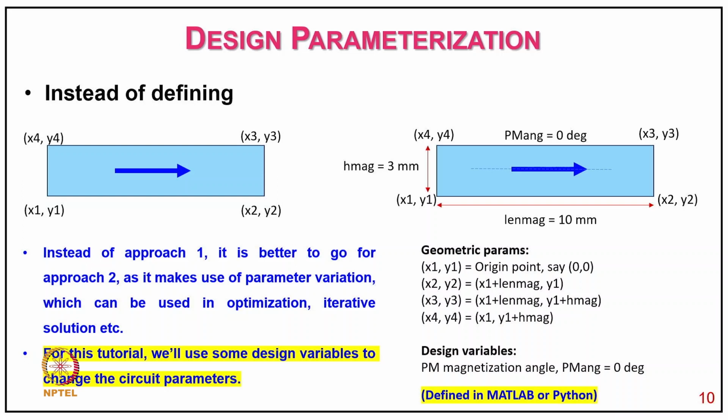And for this tutorial, we will use some design variables to change the circuit parameters. As you can see, the circuit parameters here are x1, x2 the original point, then x1 plus l mag, and x1 plus l mag, y1 plus l mag, and then x1, y1 plus l mag. So the design variables are the PM magnetization angle, with the PM angle equal to 0 degrees,